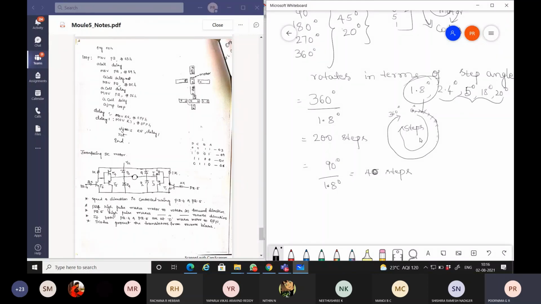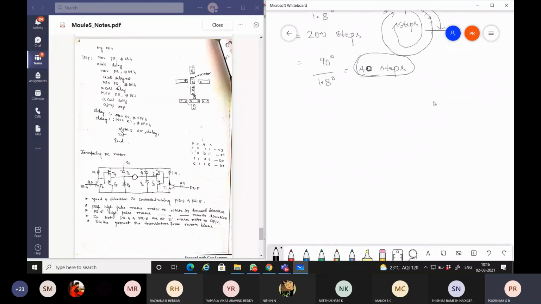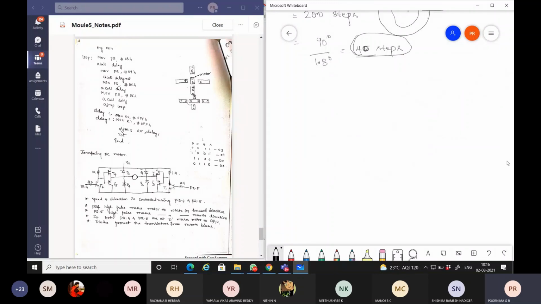So at that point you can also stop. After rotating, making the stepper motor start from this point and stop at this point, this possibility your stepper motor also has. So it will be decided based on how many steps the stepper motor has to rotate. Based on these calculations you can compute and find out. Okay, now let us go for a case where I don't want a specific number of steps or only this much degree of rotation and stop.